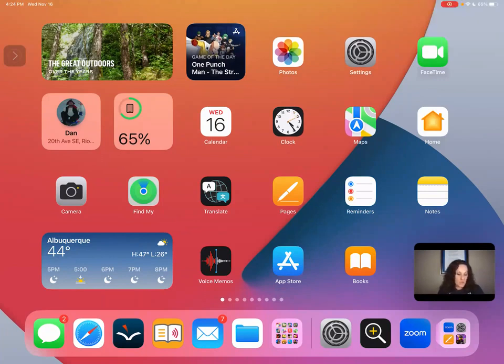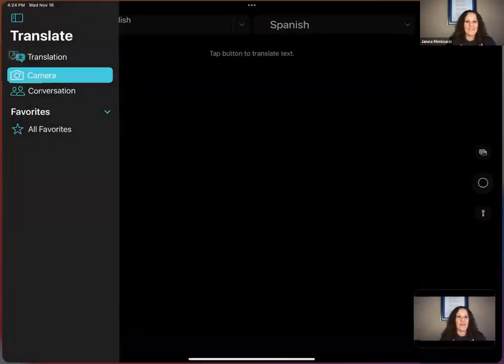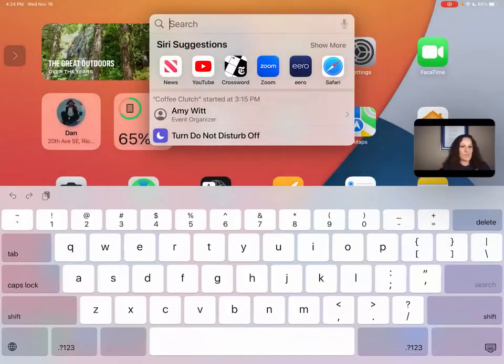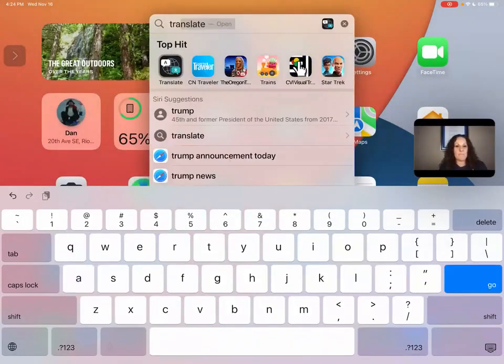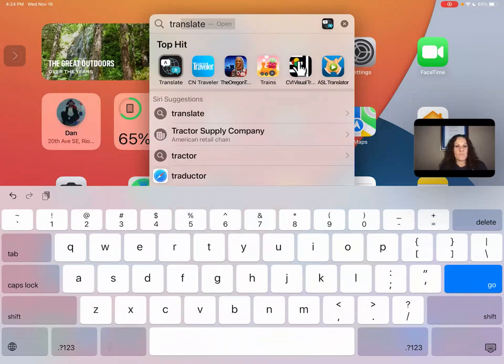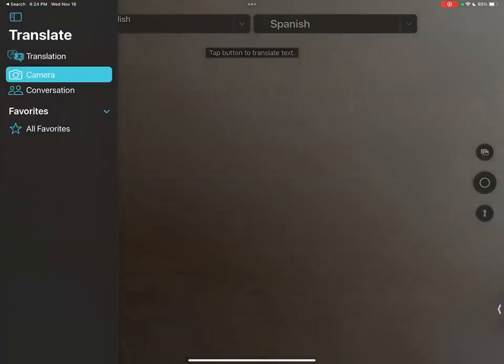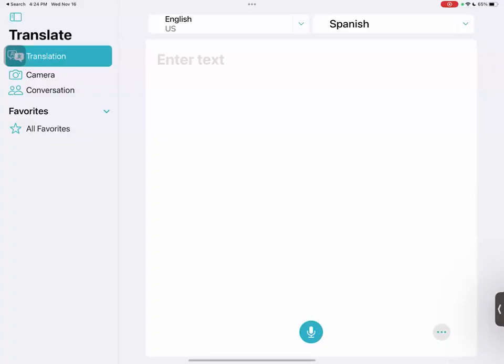While you're there, do you want to find the translation app that Apple added into the iPad? So the translation app is automatically installed now on your iPad. Just swipe down from the top and you can just type translate. And it's the one that's black. It has a little world on it, an A and a kanji. This is amazing. So this is what some of the other apps have done from Microsoft, but in a much